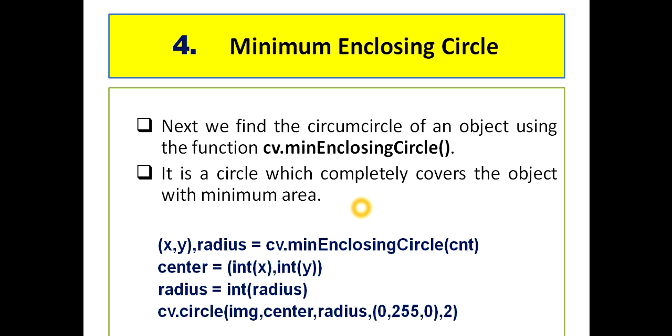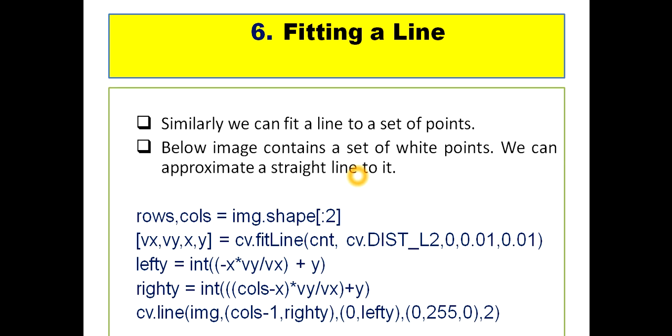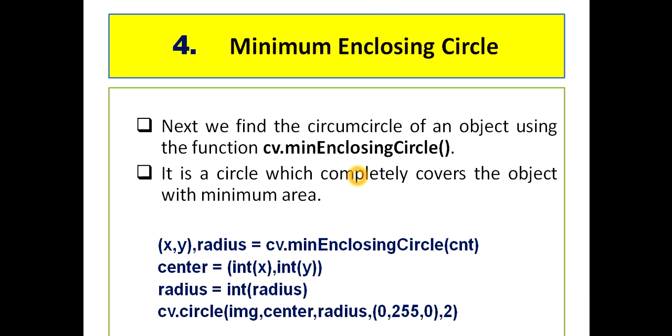So today we are going to deal with three main tasks. We will include the minimum enclosing circle, we will fit an ellipse, and we will fit a line to the diagram that we have obtained through the contour detection from the last lecture. Okay, so this is Dr. Dibbo. We are discussing how to detect contours and how to deal with the different features of it.